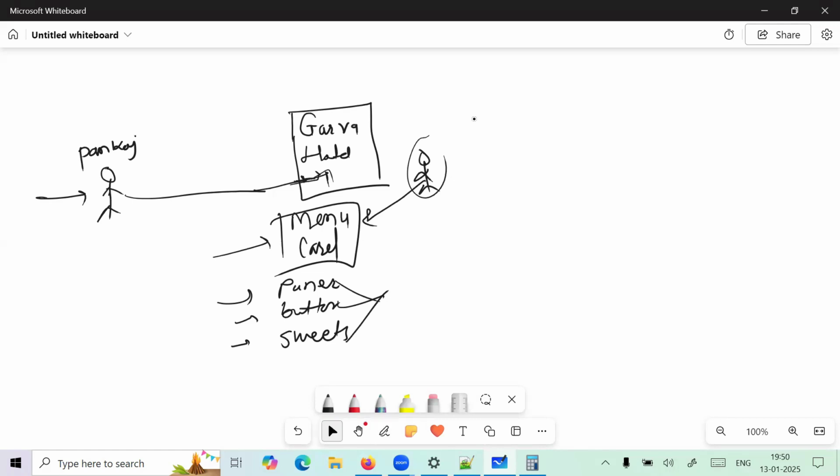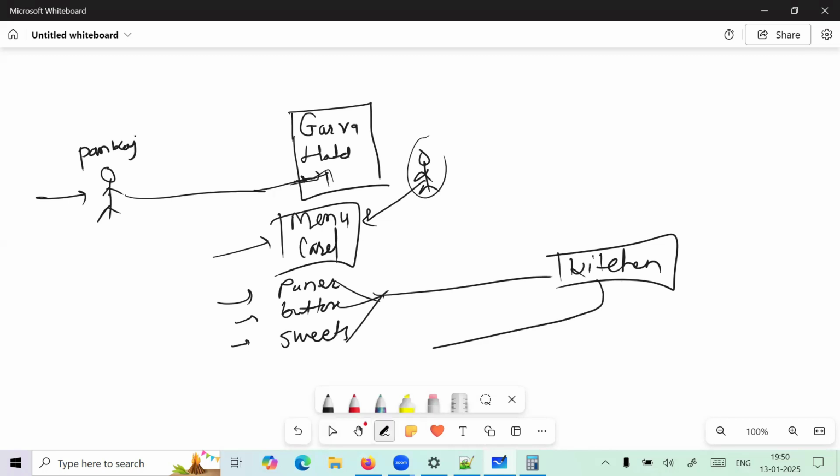So he'll take that order and he'll go to their kitchen room, right? He'll go to their kitchen room and say that, sir, from this table we got these orders, right? Like that he will say to that chef, right? Now, guys, after some time, Pankaj got the orders which he had ordered from the waiter himself. He delivered